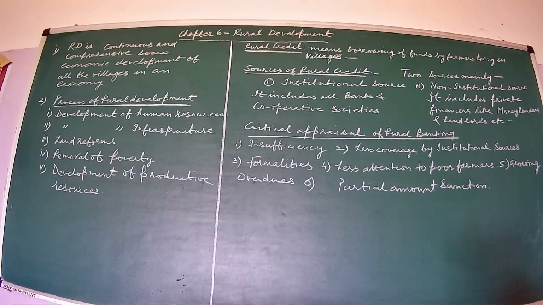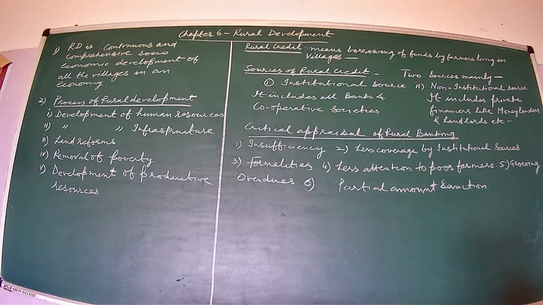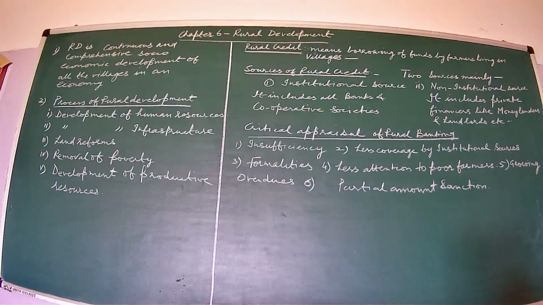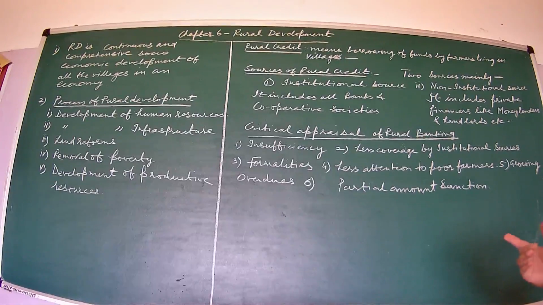That is why, my dear student, it is very difficult for rural banking and for the institutional source of credit to exist in adverse circumstances, because overdues are increasing,